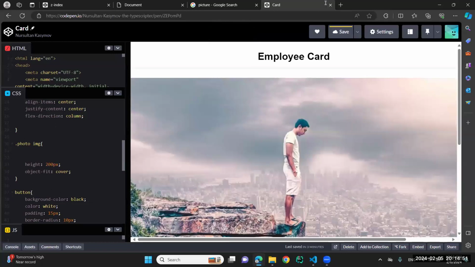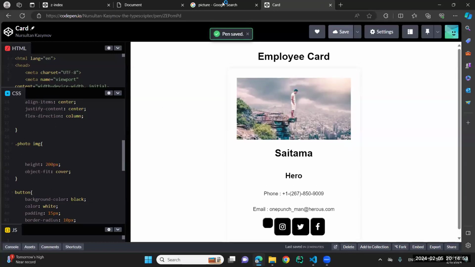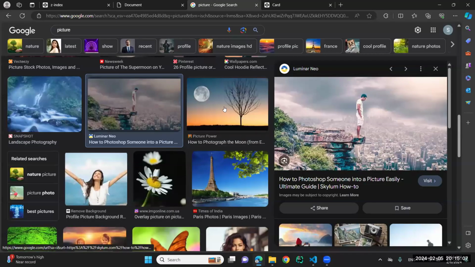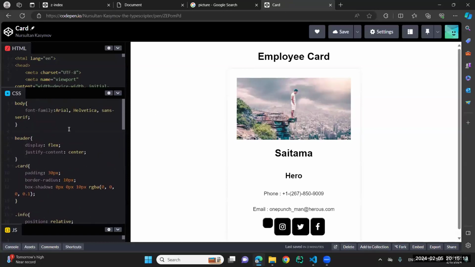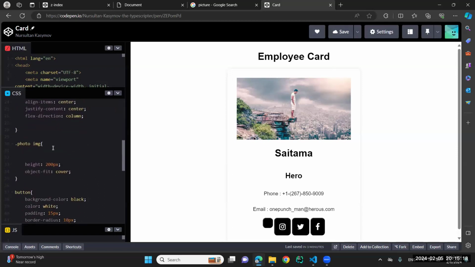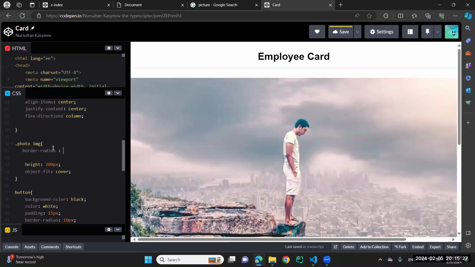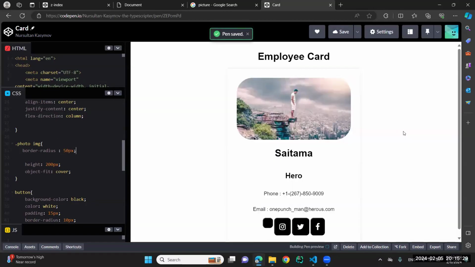This is a wider image, maybe because the image size is not fitting. You can specify it from the beginning, or you can get a new square image from Google. I'm thinking maybe you will try this border. Just give 50 pixels and it will be more rounded. Let's see, and if it will not work,